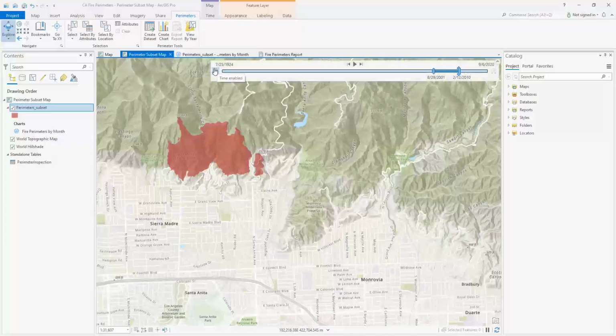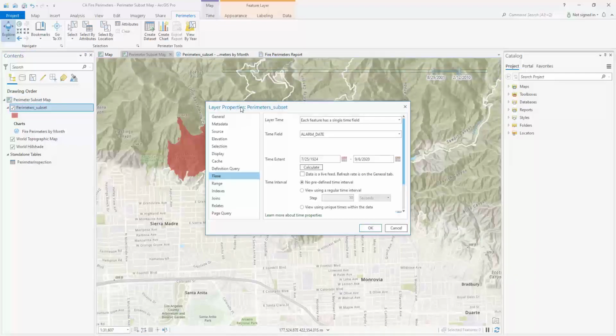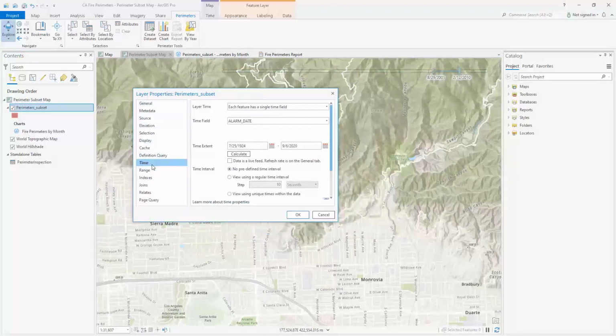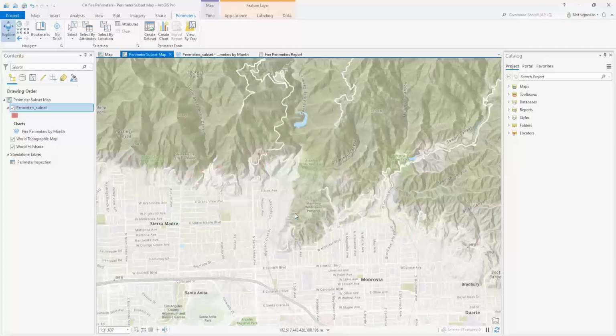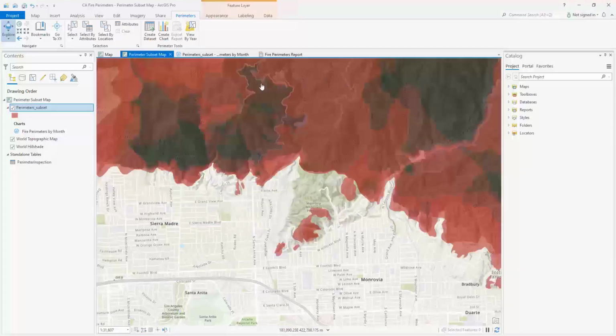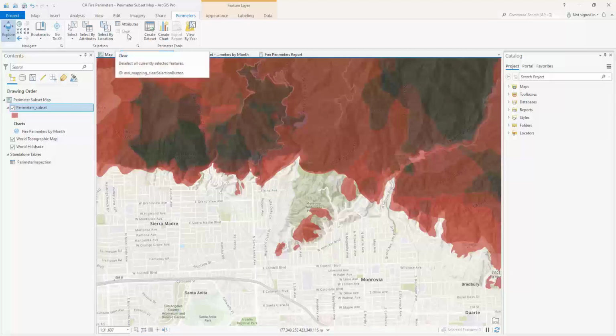It sort of overlaps the slider, so we're going to remove the slider. So you want to come back to your layer properties, go to the time tab, set the layer time back to no time. Click OK. So the slider should disappear. And now you've got all the features back and visible. So you want to make sure that there is no features selected at this time,